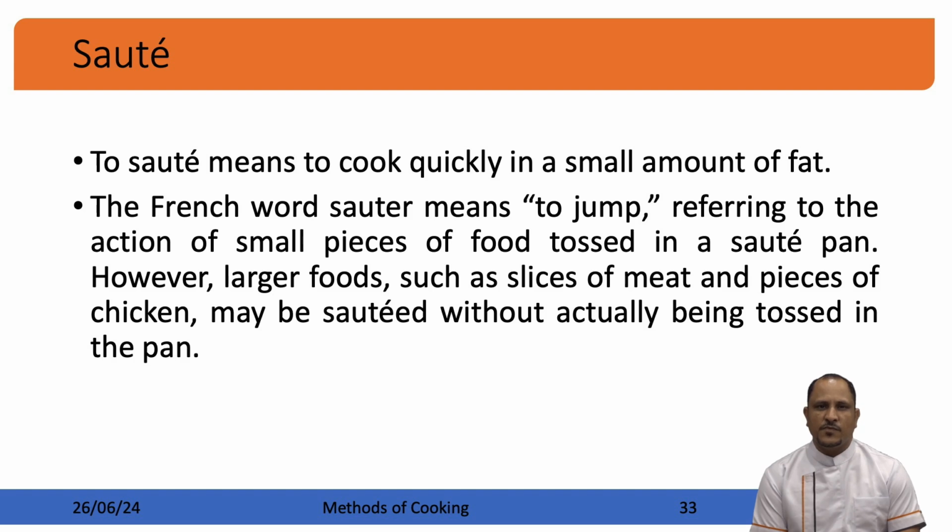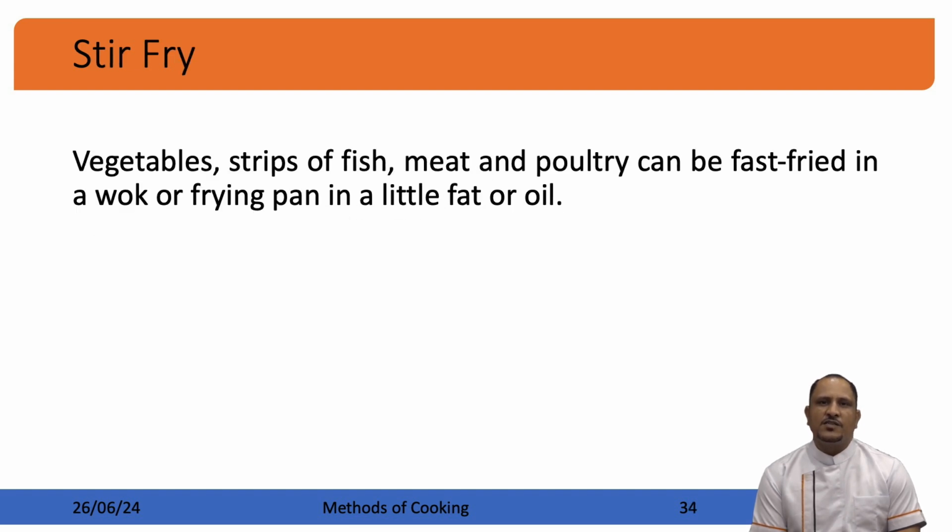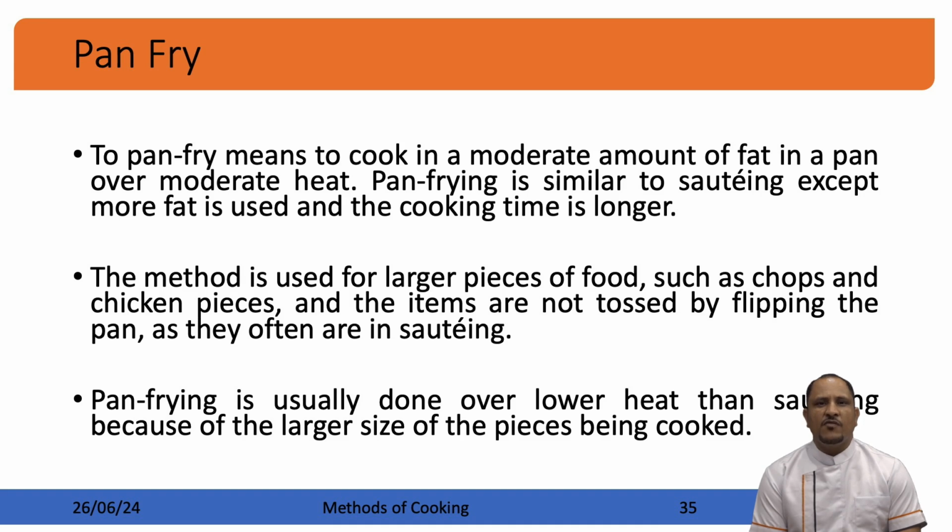Okay. Stir frying. The major difference between sauteing and stir frying is, one, the quantity of oil is slightly more in stir frying compared to saute, and the technique which you are using, instead of tossing, is stirring. You use a spatula to stir the food in the pan, that is stir fry. And for pan fry we use a moderate amount of fat,